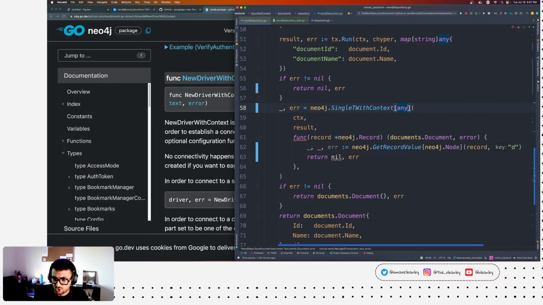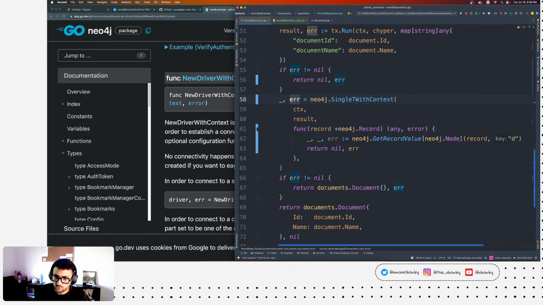And single with context here, again, it cannot really infer. Well, my bad. You can remove the type from here, and here you can say any, and you're returning it. Really what we're checking for is that if you get any errors here, it will return to this function, and this function is within the single T with context, so that will be our error from that callback, which then should return nil and error.